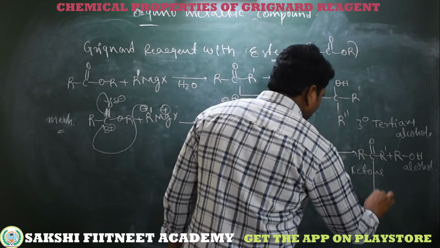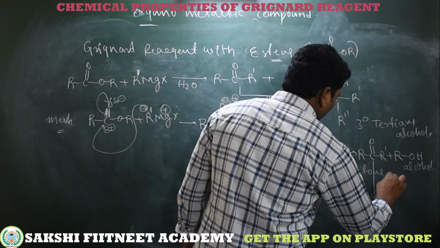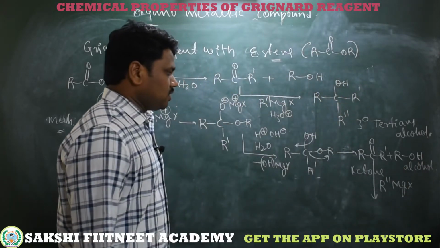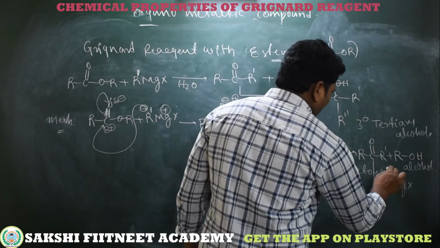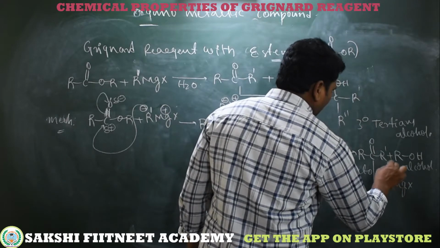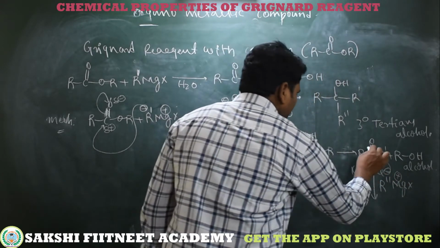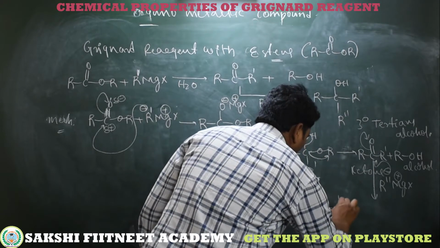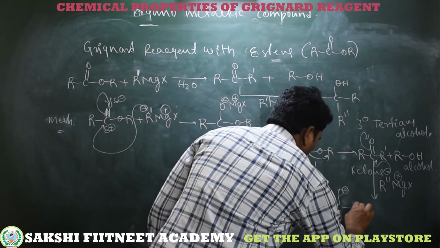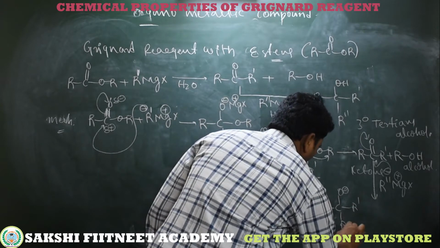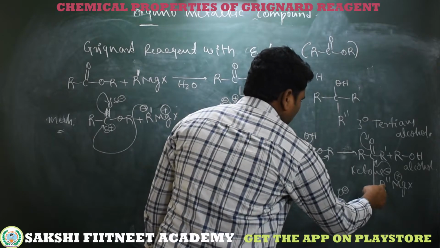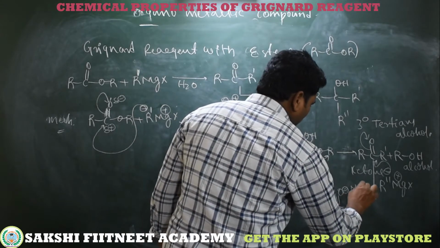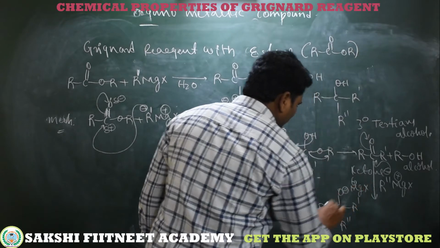So now to this ketone, I am using 1 more mole of Grignard reagent. Same here, this R minus MgX plus, R minus bonds to the carbonyl carbon. Then pi electrons are shifted to the oxygen. Then here we will get R O minus, here R prime, and here R double prime. This is from the second Grignard reagent. This is from the first Grignard reagent. And the MgX plus neutralizes with the O minus.